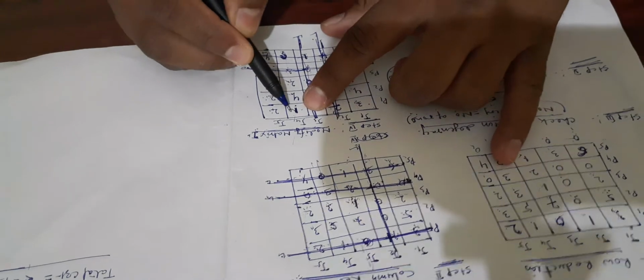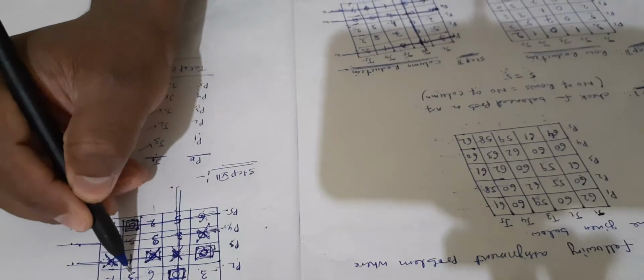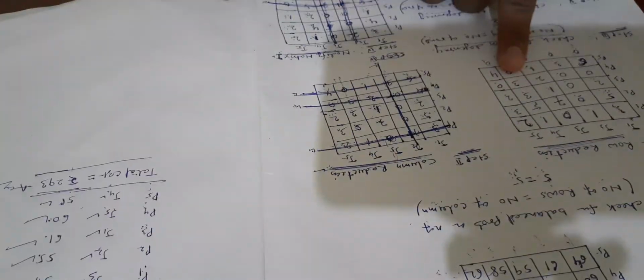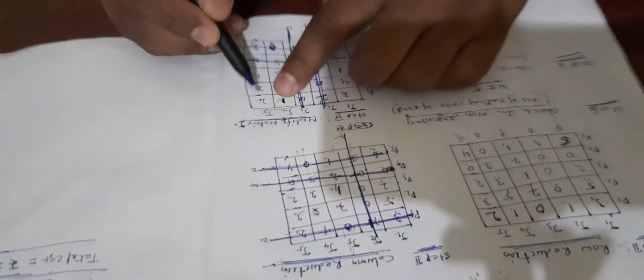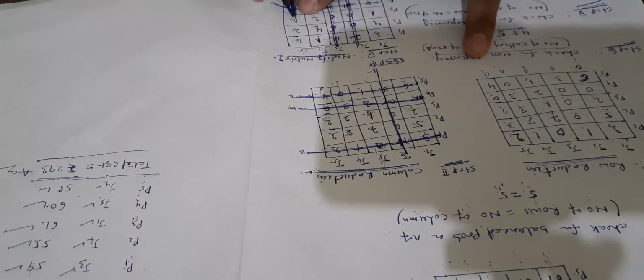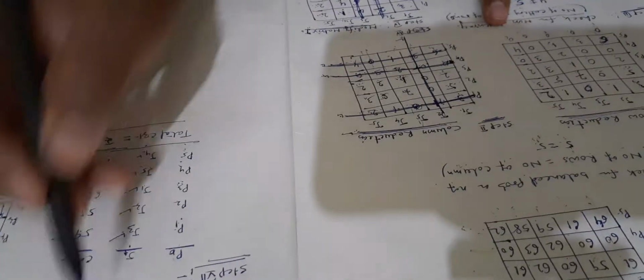Now go for the next column, so here is the 1 uncut number, 1 minus 1 is 0, right, here is 0. Next 4 minus 1 is 3, right, here is 3. Next here is 2, so 2 minus 1 is 1, right, here the 1. Here is the 0, so right here the 0. Go for the next column, here the 2, 2, 1 is already uncut number, so 2 minus 1 is 1, right, here is 1. Next 2 minus 1 is also 1, and here 1 minus 1 is 0, right, here is 0. Next here is the 4, so right here is 4.